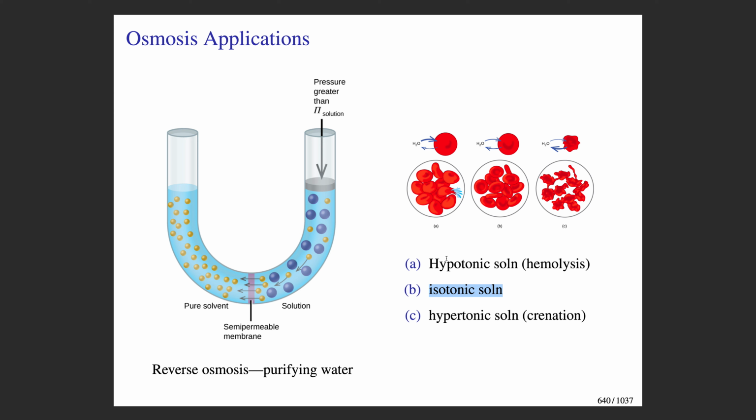However, if you have a hypotonic solution, meaning the solution has, let's see if I can remember how this works. If the solution inside the cell has a lower concentration of electrolytes than you have outside the cell,